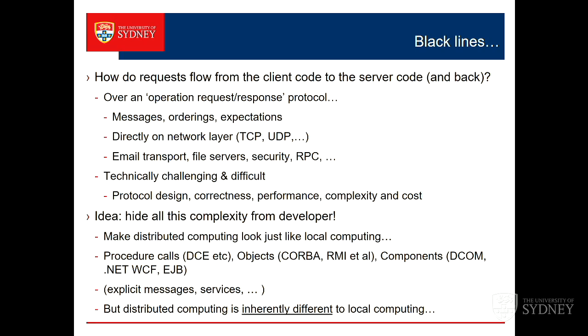So the protocols that we talked about in the very first lecture are made up of messages, the allowable orderings of those messages, and the expectations. Designing protocols is not easy. Designing good protocols is not easy. You might run these protocols directly on top of a network layer, TCP, UDP. People do that, and historically that's the way people do it. If you have a protocol like SMTP, the mail protocol, it runs directly on TCP.